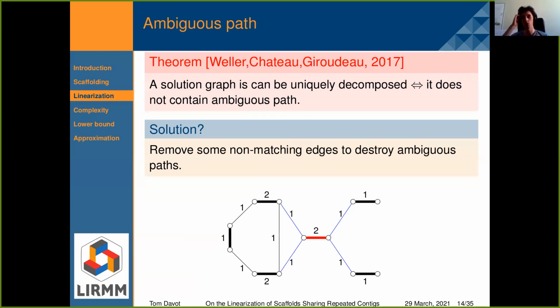And the solution we choose is to remove some non-matching edges to destroy them. So for example, in our solution graph, I can remove these two edges. And by doing that, this path is no longer ambiguous because I can't find here an incident edge with a smaller multiplicity.